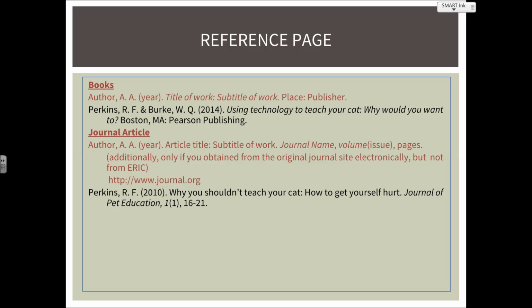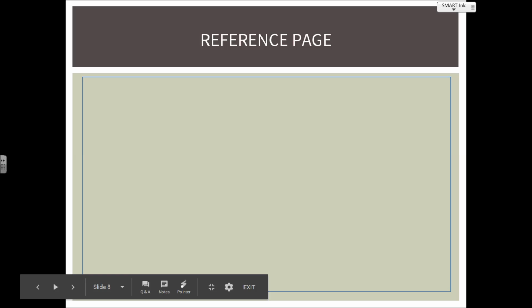Now, one place where this may not show up, there may not be information for page numbers here, is if it's truly an article that is solely available online. Because when you print out pages from a solely electronic version, most of the time you haven't got any control over where the page breaks happen. So there may not be page numbers listed for a fully online version of an article. The full text ones that come out of ERIC, typically those are based on what the original printed journal article was and will have page numbers. But if it's just a solely online journal, there's a possibility that there's not going to be any page numbers. And then, as I said, the electronic citation there